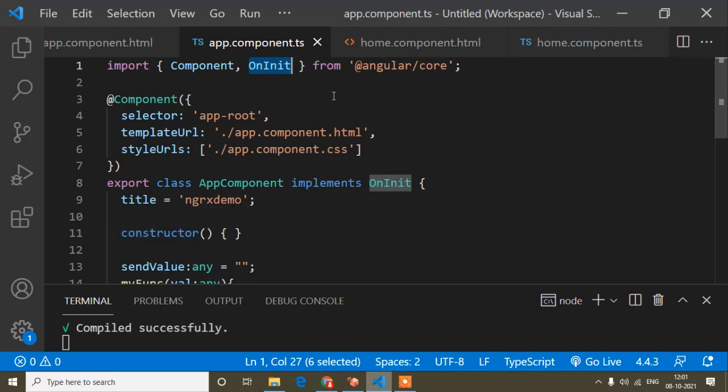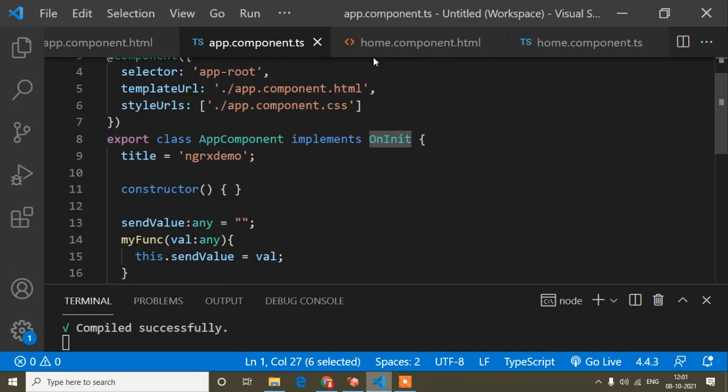Now guys, when ngOnInit is called, you can see every component. When you generate any component using the CLI, you will get a class, and inside this class you will find the component name. That is actually a different concept, called OOPs. I will not go into OOPs, just give you a brief idea. A class is actually an object; you can see the curly braces, so it's an object.